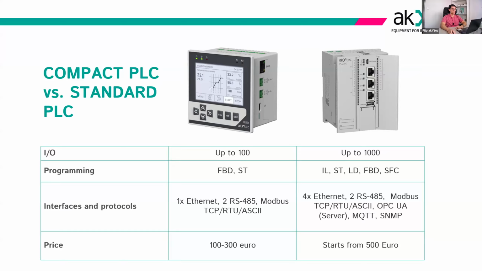The PR line supports programs up to 100 points, which is exactly what most local control tasks actually require. Traditional PLCs, on the other hand, can handle thousands of points, capacity that is often unnecessary for compact systems. PR devices use function block diagrams and structured text for the programming, and these are the two languages that cover nearly all real-life automation needs while keeping things simple and fast. On the other hand, full PLC supports the entire library of programming, which is powerful, but also more complex,